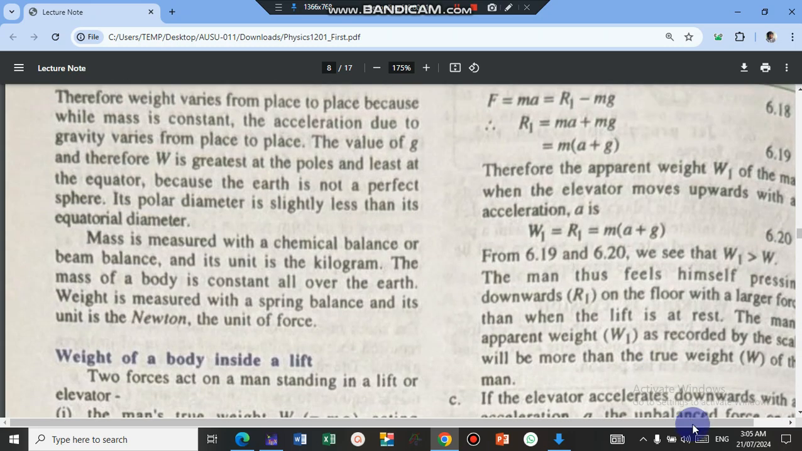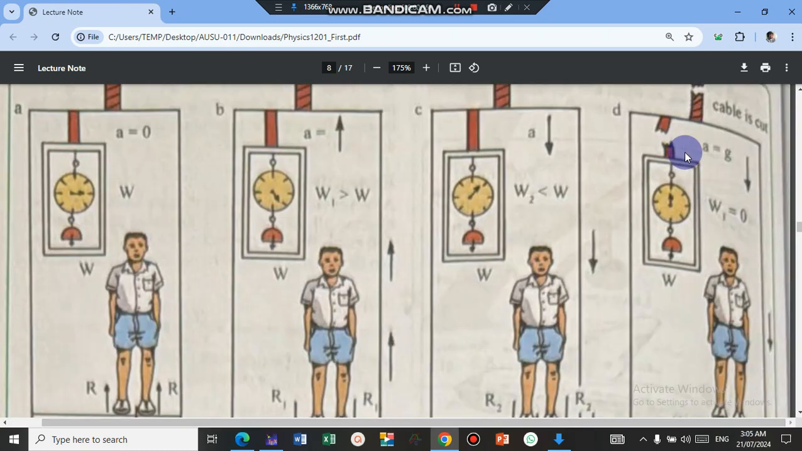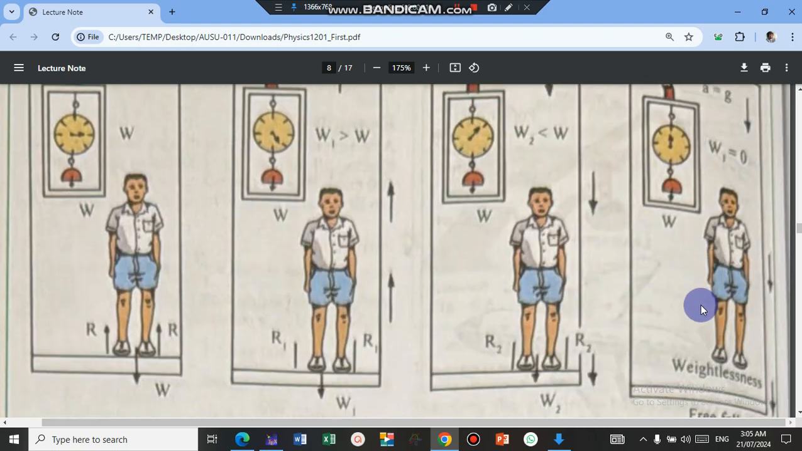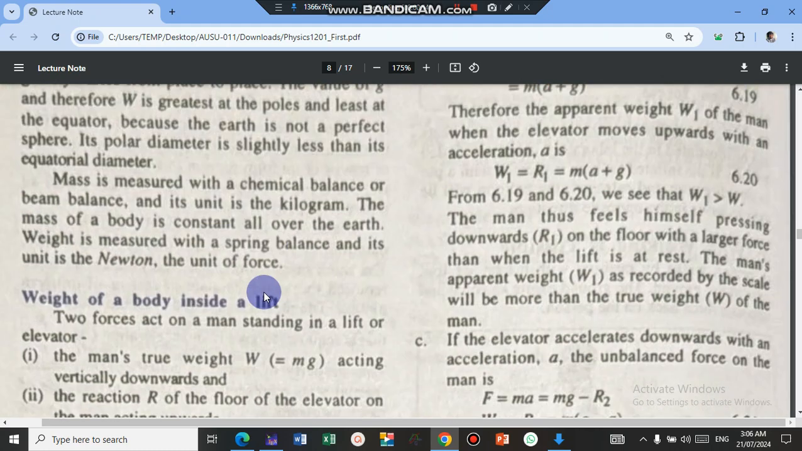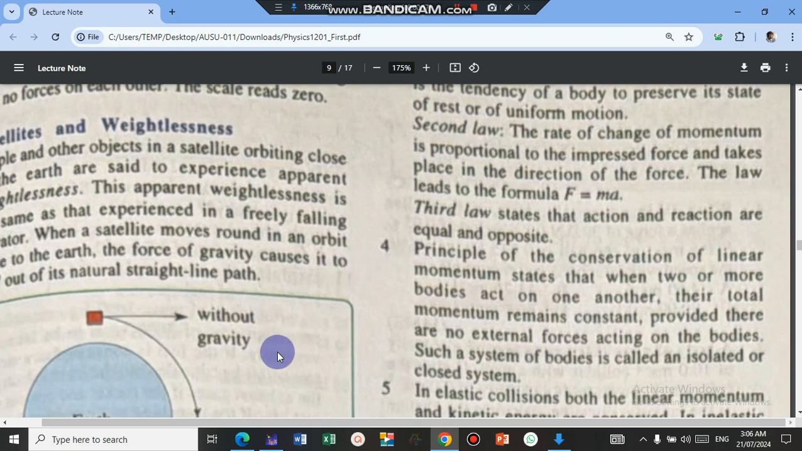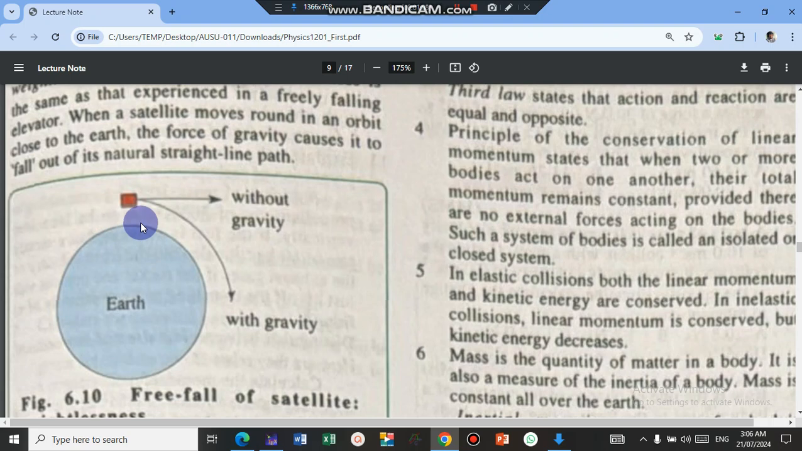In the previous video we explained that when an elevator is falling freely under gravity with acceleration equals g, then the man in the elevator experiences weightlessness, meaning he doesn't feel his weight. He can float in the elevator and the scale inside will record zero weight. Okay, so this means that it is possible for people and objects in a satellite to also have zero weight. Okay, that is weightlessness. And it happens when